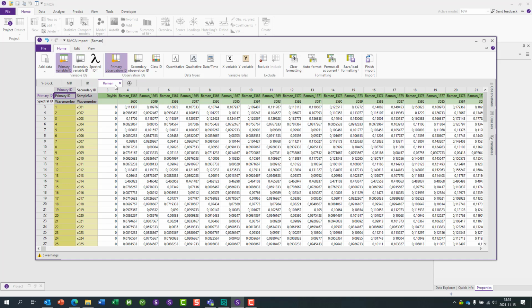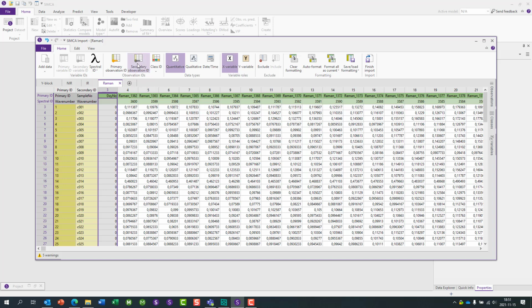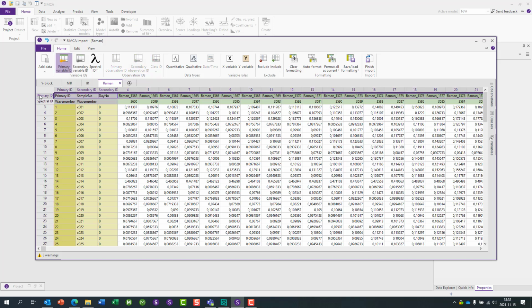So here we start with the Raman tab. We have a primary ID for all the samples, which is like a run order. We have a secondary ID, which is a sample number. We have an additional secondary observation ID, which is the day when the samples were done. In addition to the observation IDs, we have 2 variable IDs. We have the primary ID telling about a run order, you can say, among all the variables in the entire